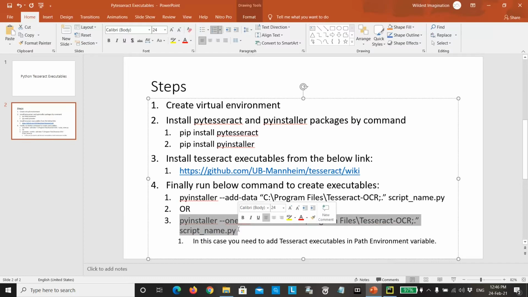Once this entire executable has been created and we transfer that executable file to the end user, the end user must install the Tesseract OCR executables and put them into the PATH environment variable. Otherwise, whatever executables we have created with the pyinstaller package won't work.